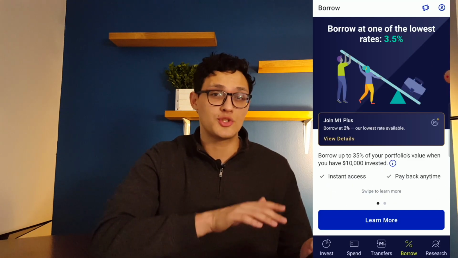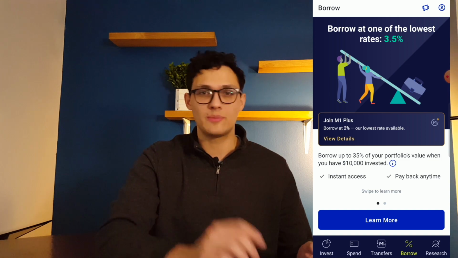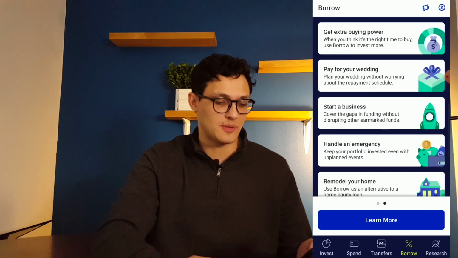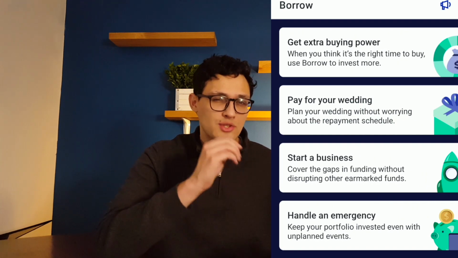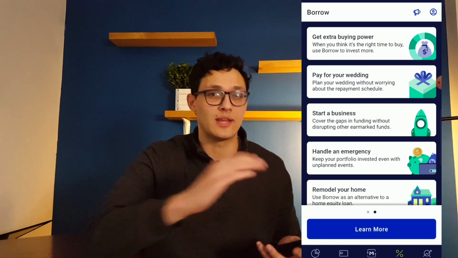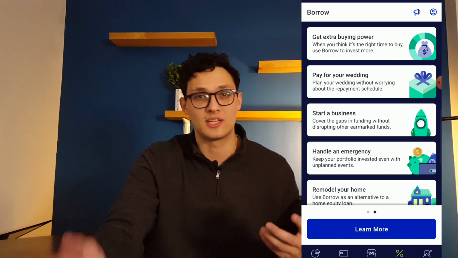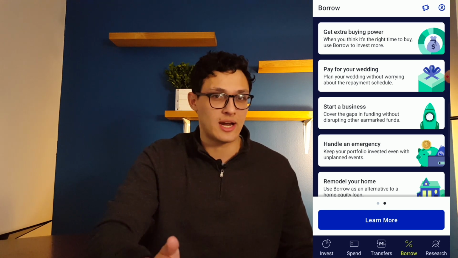Now, while these interest rates are really good, the way that they present them to you in this app is a little bit shady to me, and I'll show you that by swiping to the next screen. They say that you can use this app to get extra buying power, and that is really the purpose of margin, to allow you to take your existing investments and use leverage to make more money on your investments than you would have otherwise. Now, while this is a risky strategy, it is a legitimate strategy that people use to